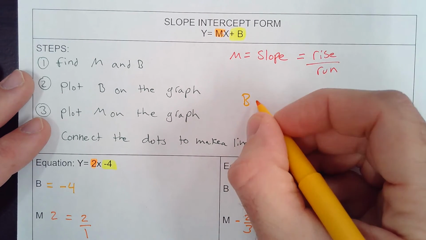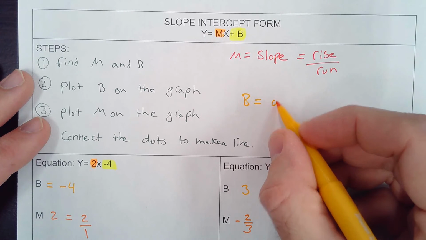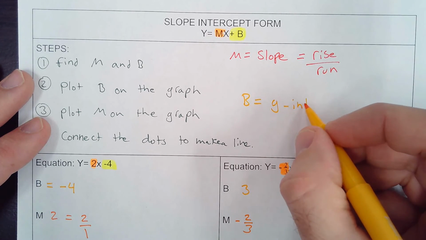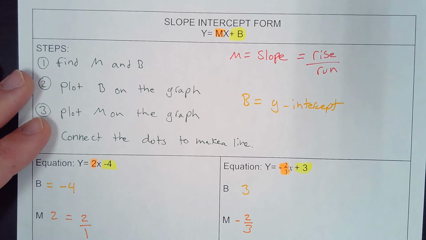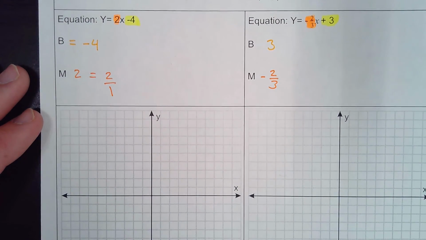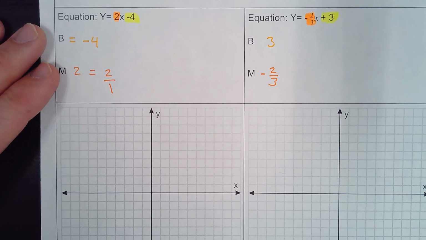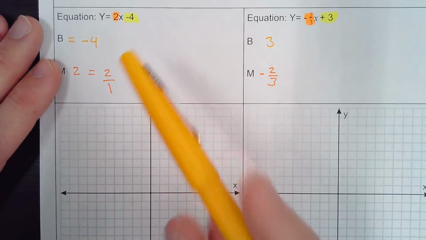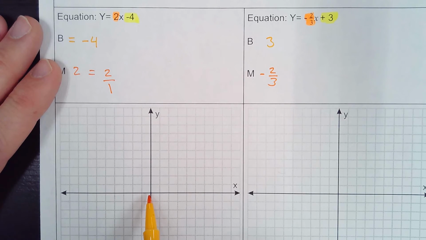Now our b is going to be our y-intercept. So where does the line cross the y-axis. If you watched our video from yesterday, we talked about y-intercepts. If you're not sure what that is, maybe check that video out. So now let's go down and try and graph these equations. So here's our equations. Let's do this one first. So first of all, we always start at the origin here,